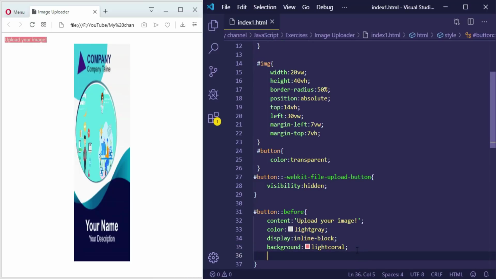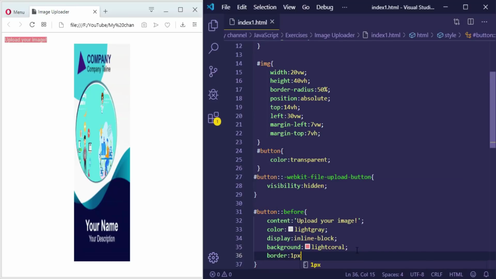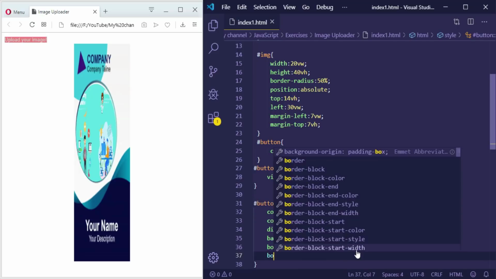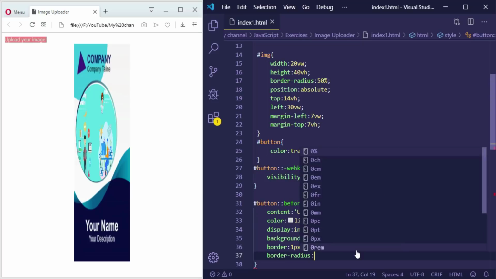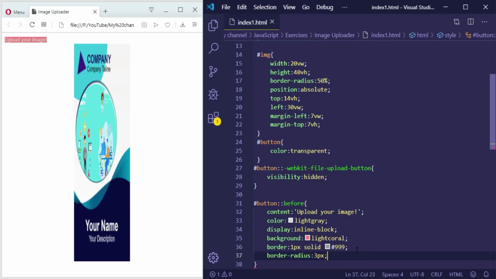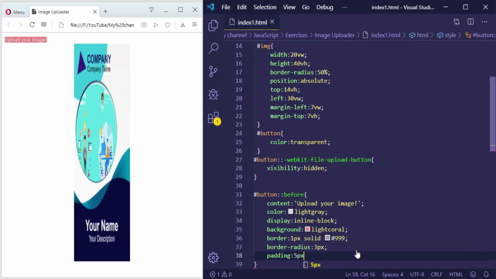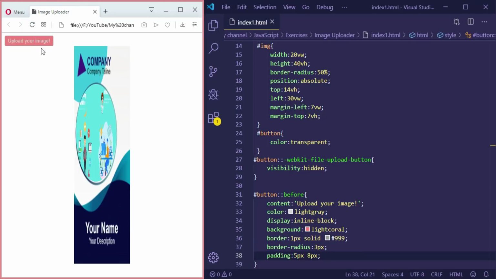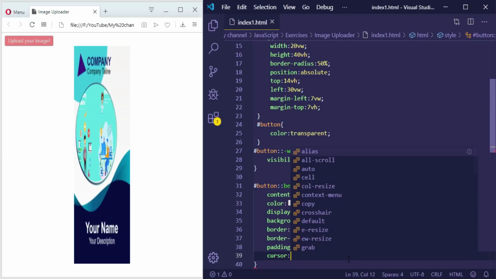I'll continue. Let me make border 1 pixel solid, and border radius 3 pixels, and padding 5 pixels and 8 pixels. Let me see. Nice. And let me make the cursor pointer,